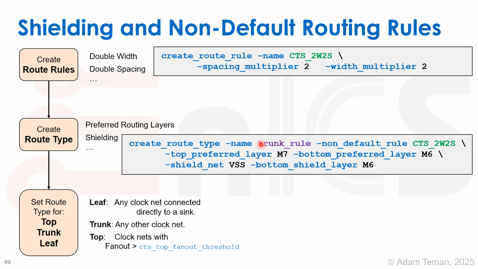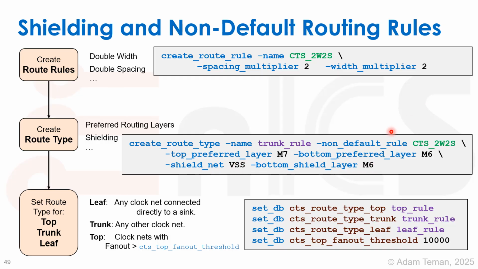So we're going to create a route type. This one is called the trunk rule, and it's going to use the non-default rule that we just created over here, which is called CTS2W2S. That's the name we gave it. But it's also going to add double spacing and double width things like the preferred layers. We want to route it between metal 6 and metal 7, and we want to shield it with VSS on